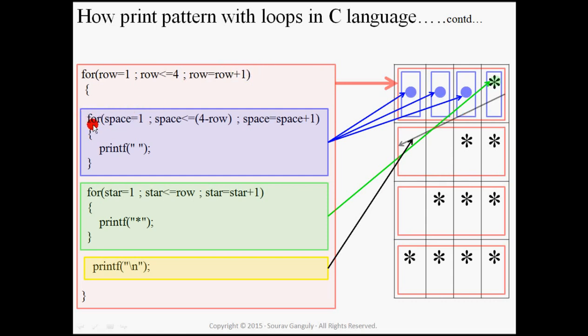Then it will come here and initialize the space with 1 again, because we already discussed the nested for loop in the previous tutorials. By this process, the whole star pattern will be printed. If we want to print 5 rows, then we have to change this 4 to 5, or we may use a dynamic variable which will ask the user for the row number. Now let's check an example.